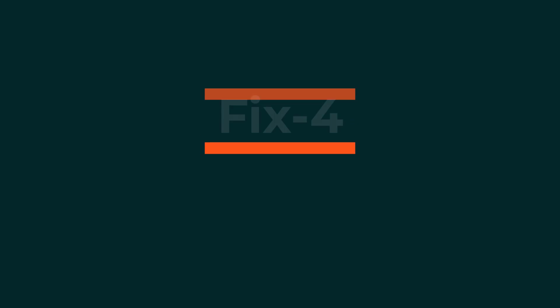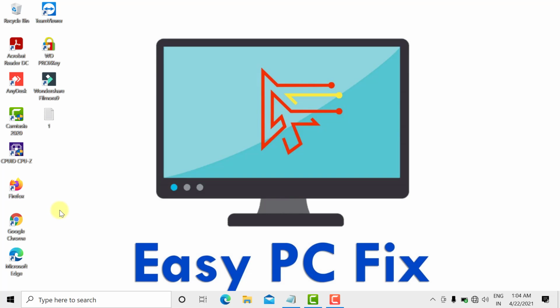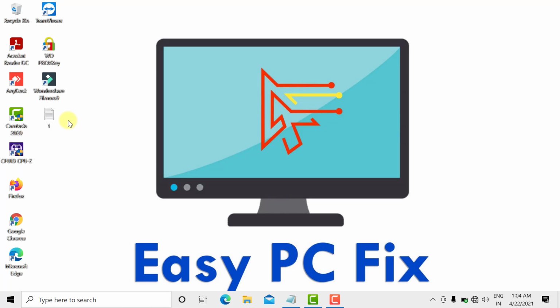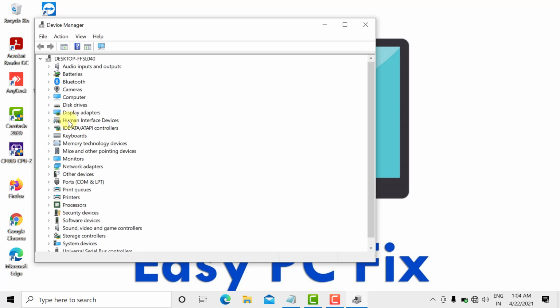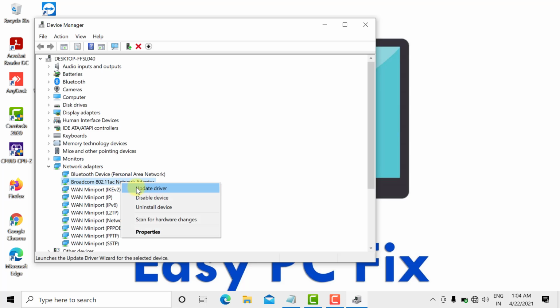Fix 4. Update Network Adapter. Again, right click on Windows Start menu. Select Device Manager. Double click on Network Adapters. Right click on your network adapter and select Update Driver.